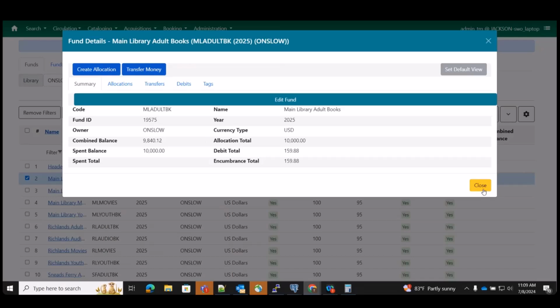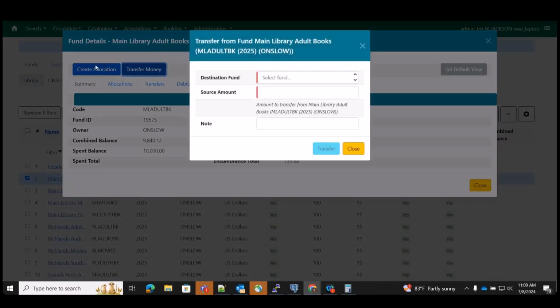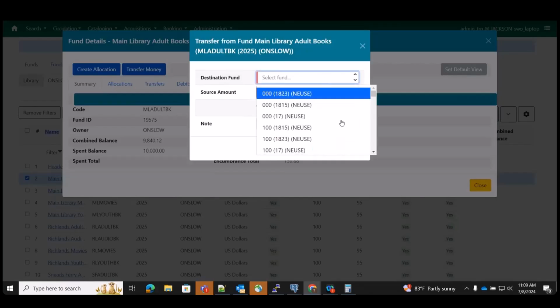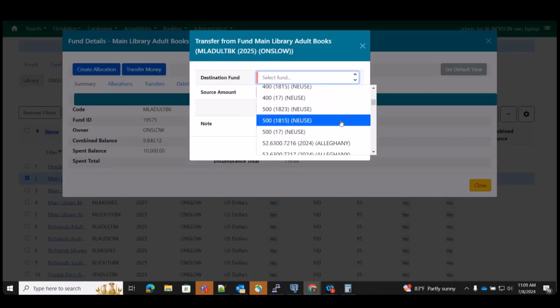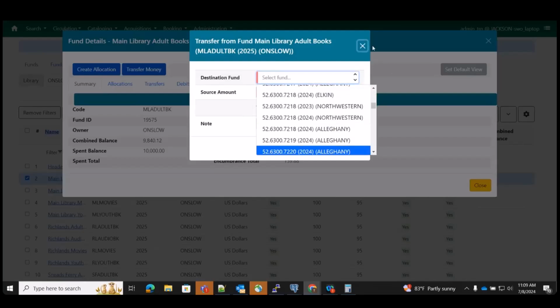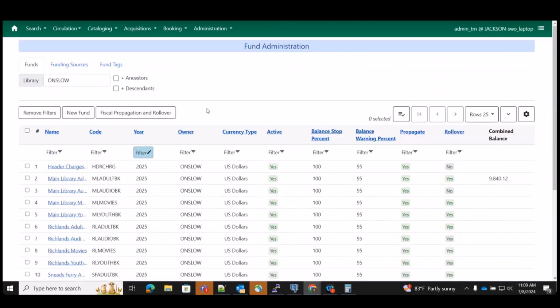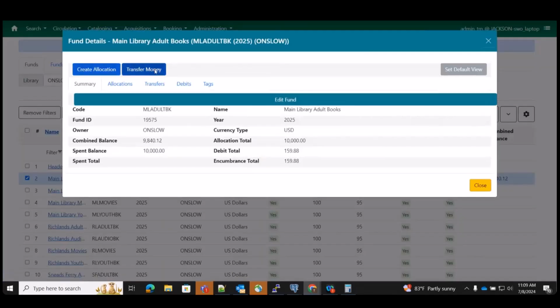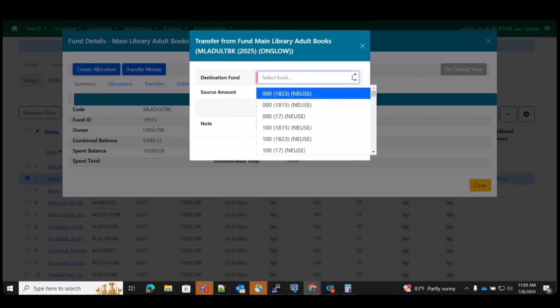Now, another thing that I can do is I can go into this transfer money button here at the top. And rather than creating a new allocation, I can say, you know what, I shouldn't have given a full $10,000 to that new fund that I created. So instead, I want to take, say, $3,000 of the 10,000 that I added to this adult book fund, and put it in a different fund. So I'm going to put it in,